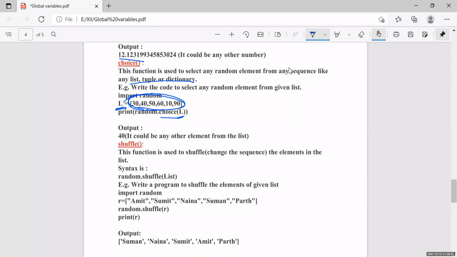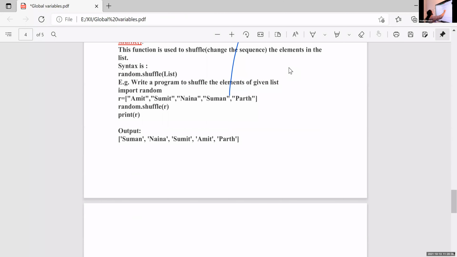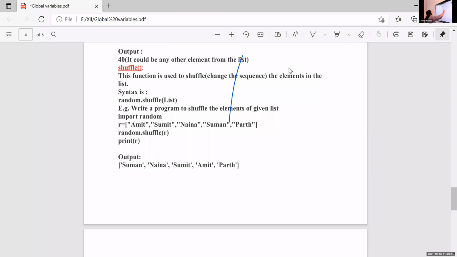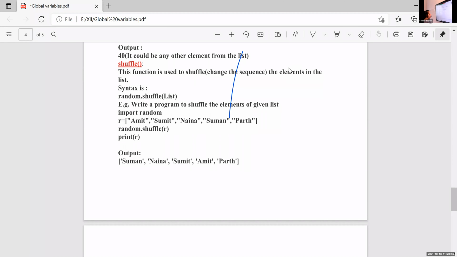Is it clear? Yes, ma'am. What is the use of choice function? Mohammed?